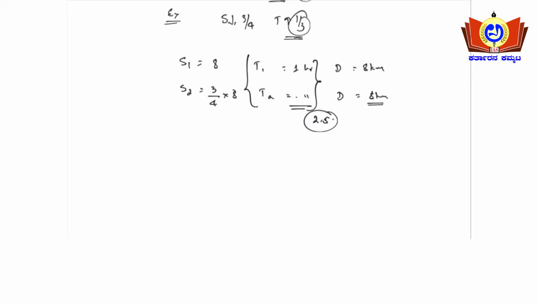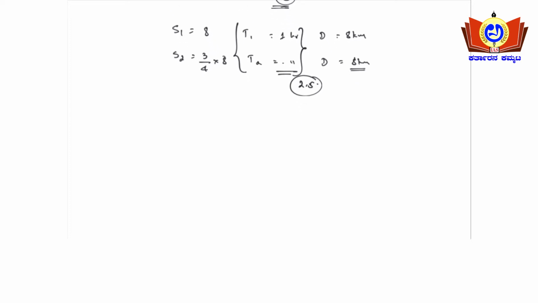Okay, then you'll be getting a clear idea. So 4 ones are 4, twos are 6. So speed S2 will be 6. Okay, so T2 is the question mark, and D is equal to 8 kilometers. So T is what you need to find out. So T is equal to